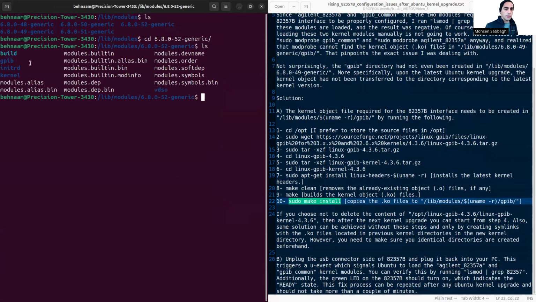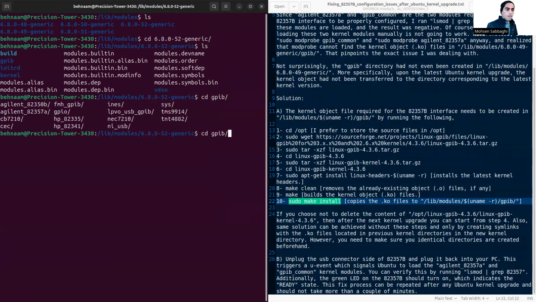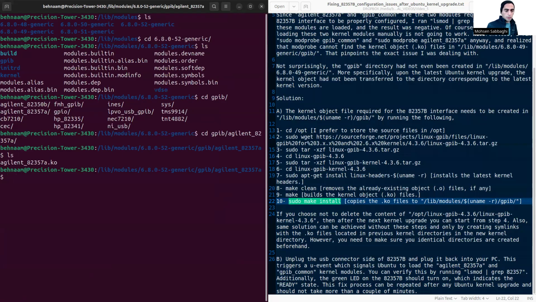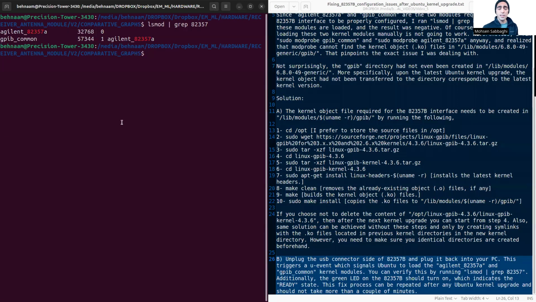Now I can see that the GPIB directory has been created. And again, I can further inspect this directory, and you can see Agilent_82357A. And then, yes, the kernel object file has been copied. Again, I can take a look at the sys directory, and you can see that GPIB_common has been copied to that directory. The next and last step of this video is to verify whether we are able to